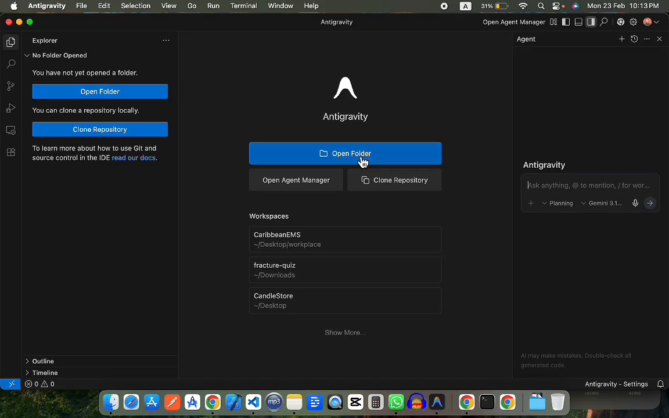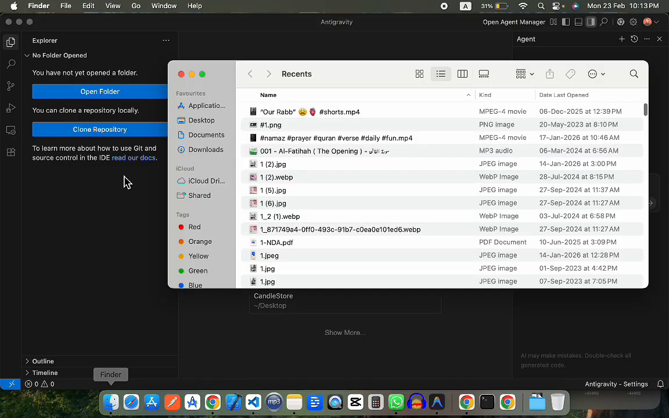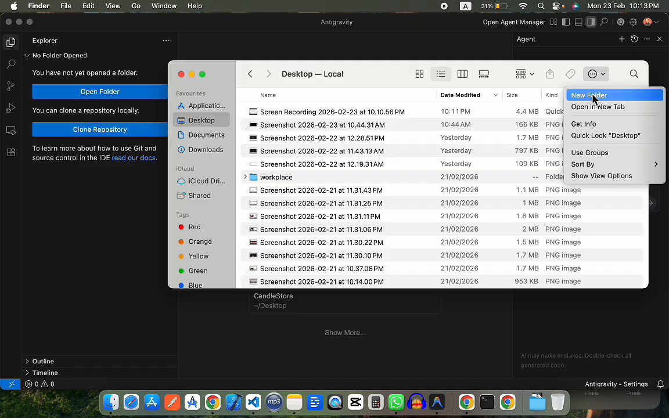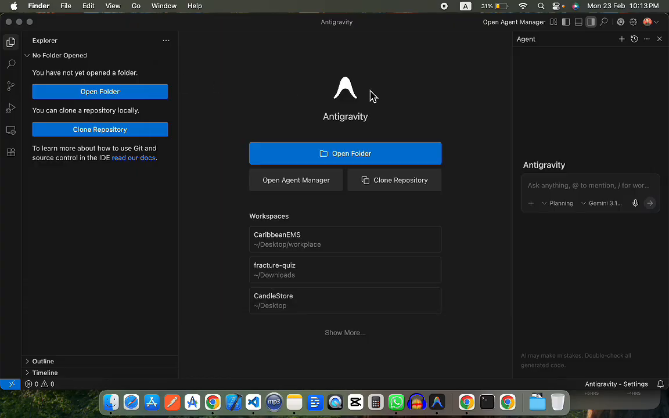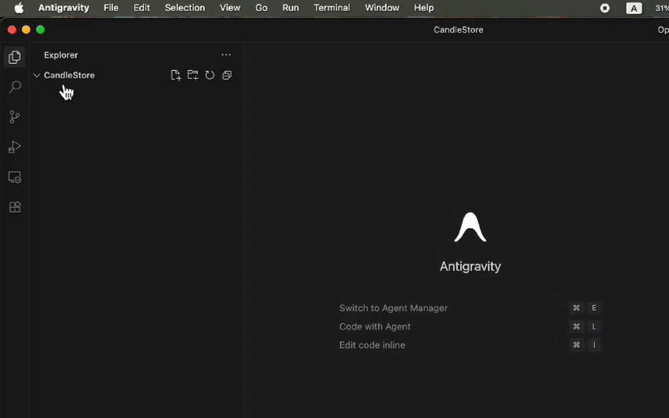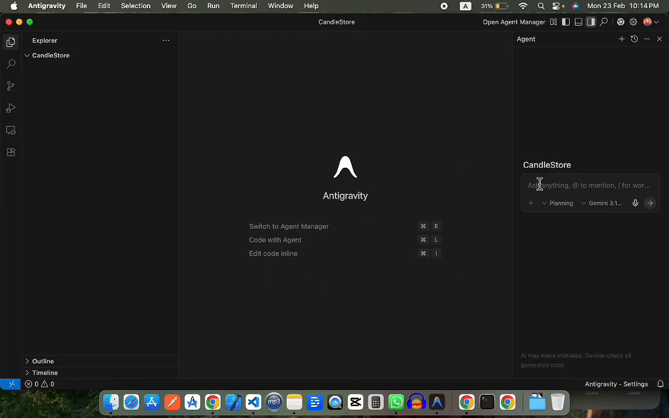But first, let's create a folder and open it here. I will go to the desktop and create a folder named Candle Store and open it. So there we go, nice and empty. Now before we write our first prompt for the store, let me give you a quick overview of the basic